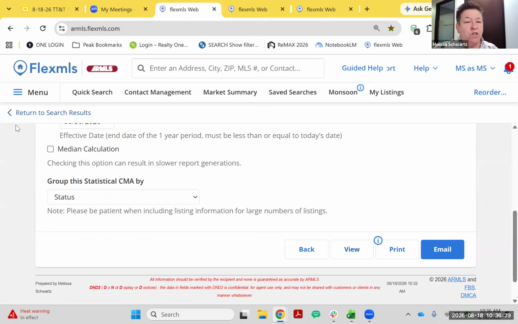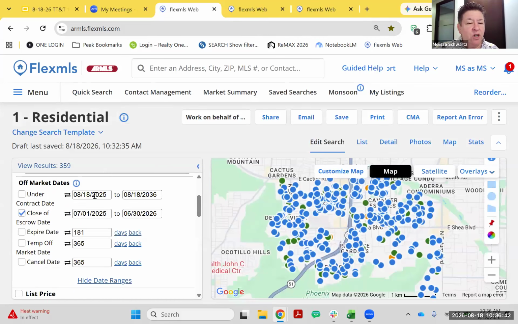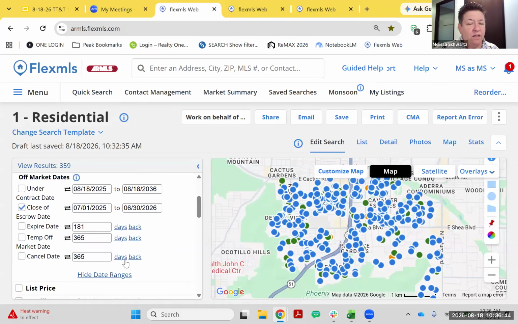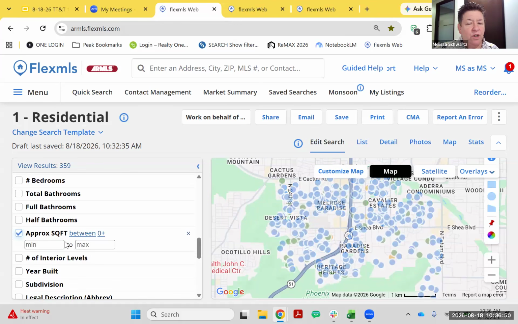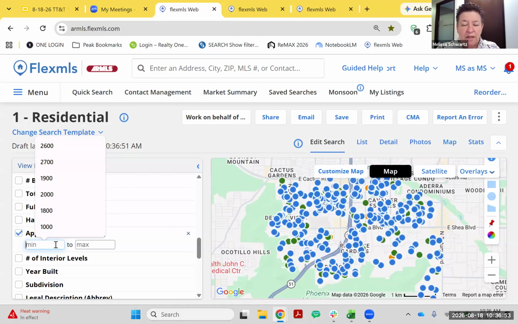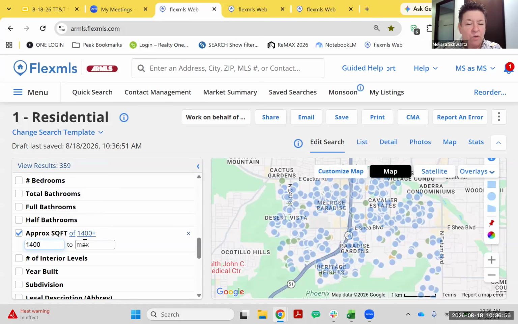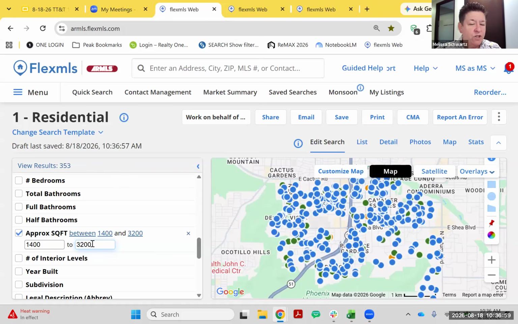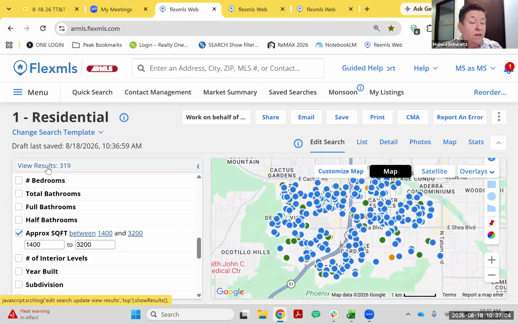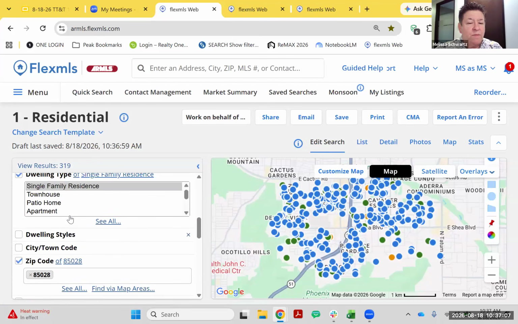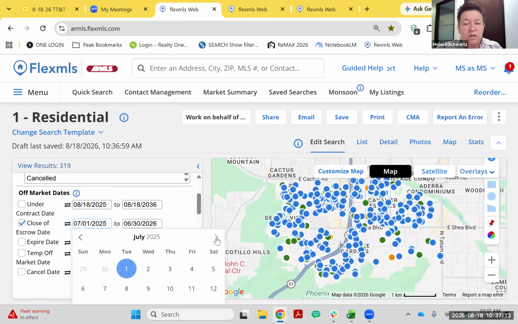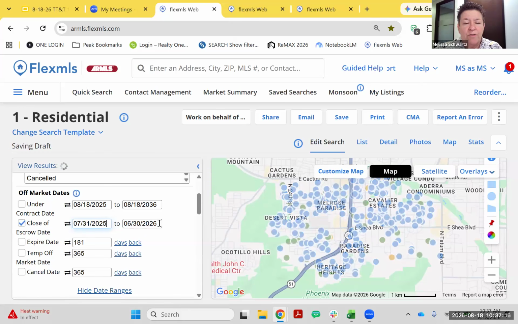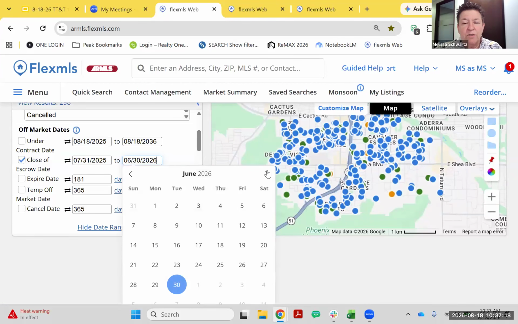Let's try this. Let's go back to this data and put some square feet in here and see how much that adjusts these numbers, right? So let's say 1,400 square feet, and let's do 3,200 square feet. So that's a wide range of homes, right? But we lost 45 homes, right? Let's take our dates back to what we had before. Let's go to July 31st and go back to